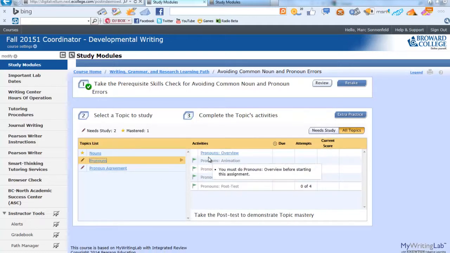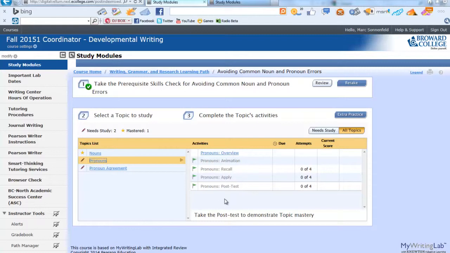If you click on it, notice here in the activities section, you have a list of activities. The first 2 are a review of the topic. The next 2 are quizzes on the topic, and the final one is a post-test just on this one topic. You'll also notice that you cannot do one without doing the activity above it, so these must be taken in order. In addition, you'll notice that you have 4 attempts on the exercises and the post-test to achieve at least